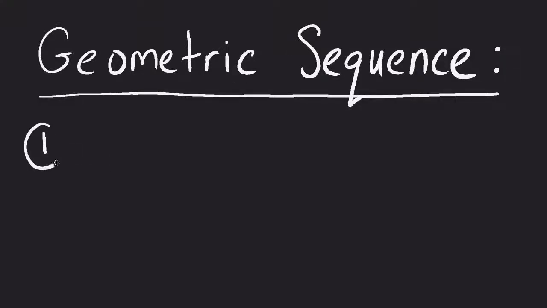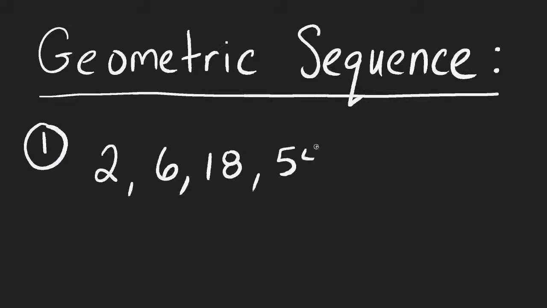A geometric sequence is a sequence which is continued by multiplying by a common ratio, a common number. So if I gave you the sequence 2, 6, 18, 54, and I want to know what the next number is in this sequence, what I'm looking for is how